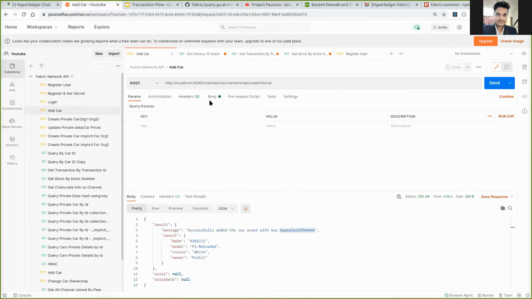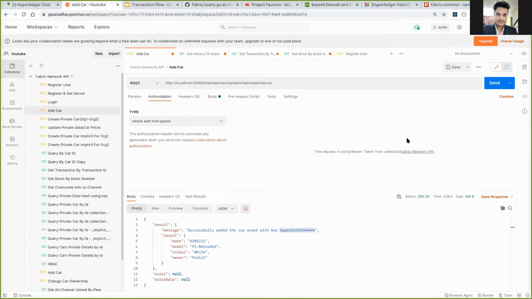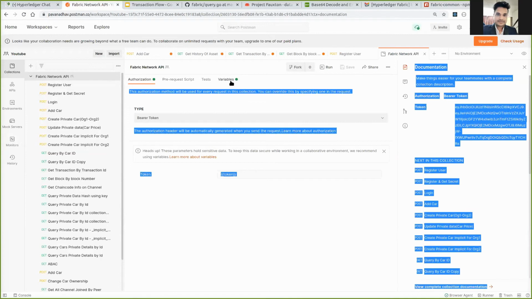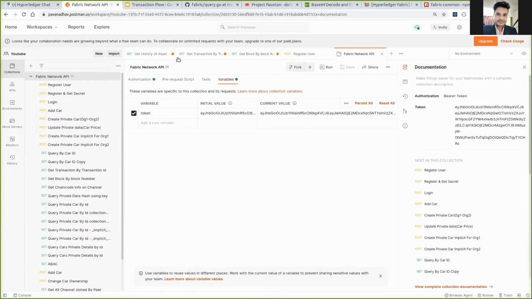Next one is adding a car. So this car we are going to add. For that we have to add the authorization token, variables, save it. And finally add car.